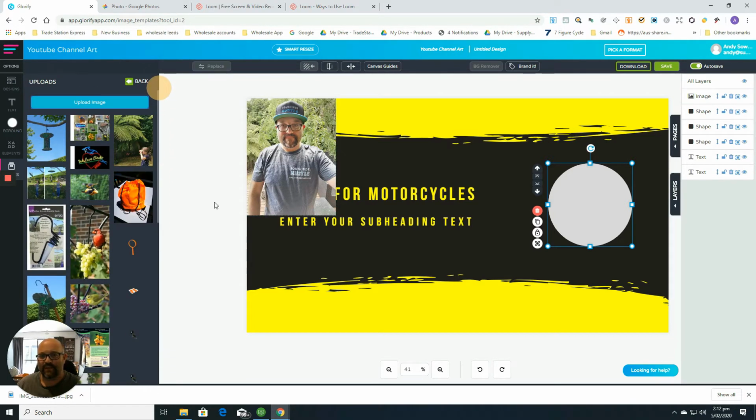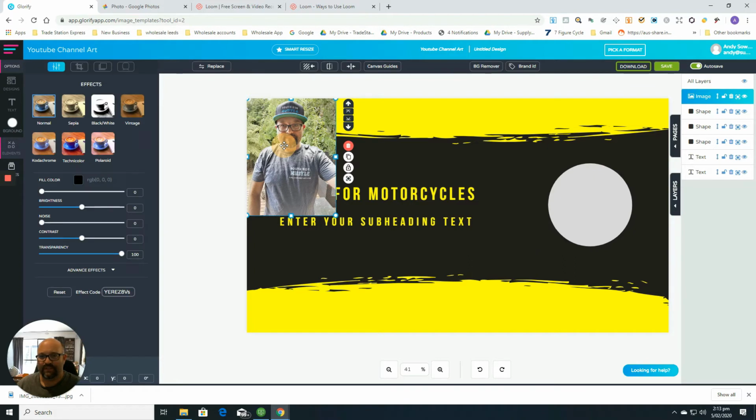Okay, here we go. And actually what I want to do is probably remove the background on this one. So if we click on it, probably one of the best tools that the Glorify app comes with is this background remover. So we've got this here, BG remover. If we open this up,